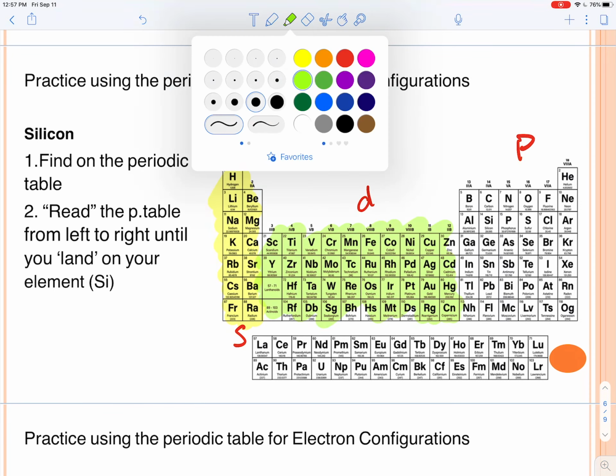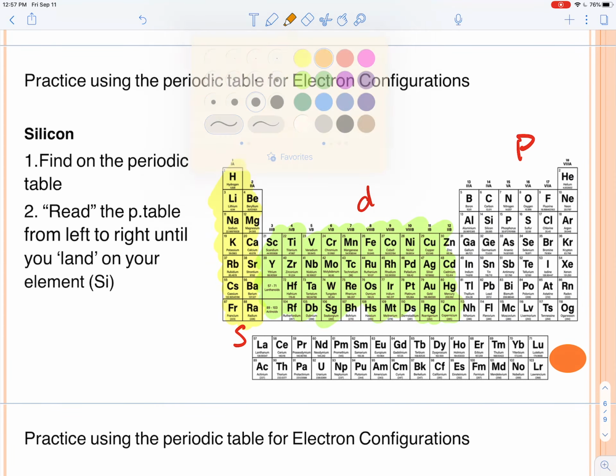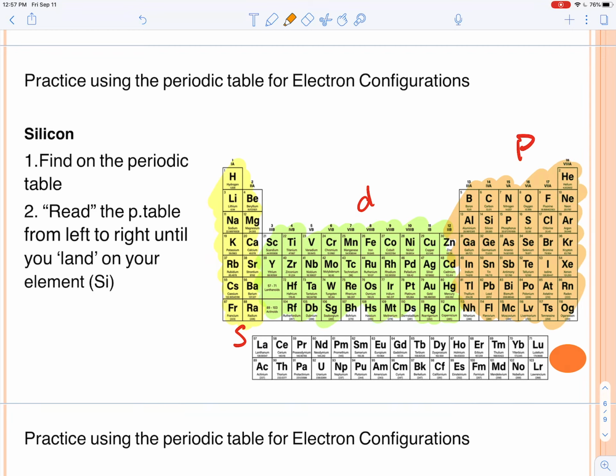Again, I would recommend you do the same thing that I'm doing here: just highlight the different blocks on your periodic table. And that'll make this a lot easier. So let's go ahead and try silicon. I find silicon on my periodic table,